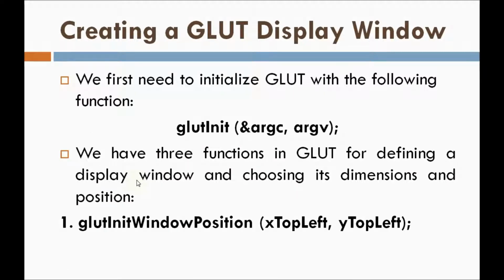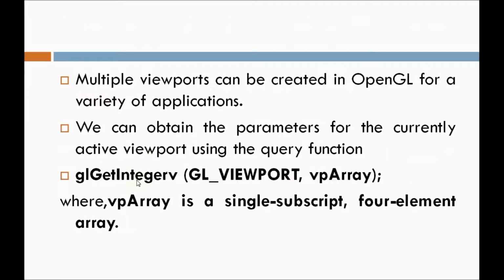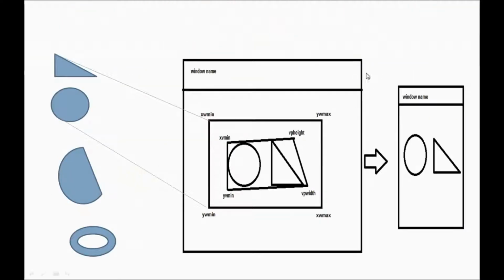I told you, first what I need is a display window. Then within the display window I need a clipping window, and within that clipping window I need a viewport. This is the display window, and the display window will have a name. Within that window I am going to display my image. To display that image I need a clipping window and a viewport. But here I am not showing that, because you are not going to see them. The clipping window and the viewport parameters are mathematical parameters. You have to use them, and you have to display the image.